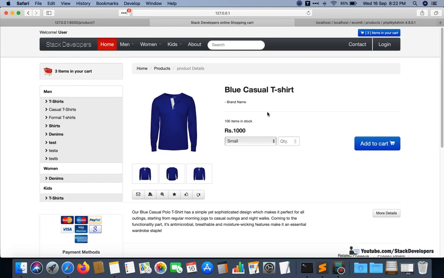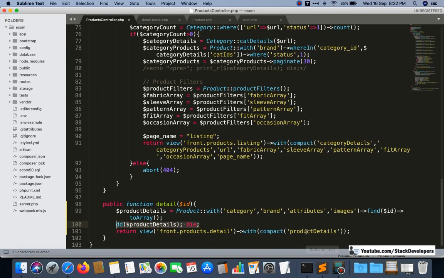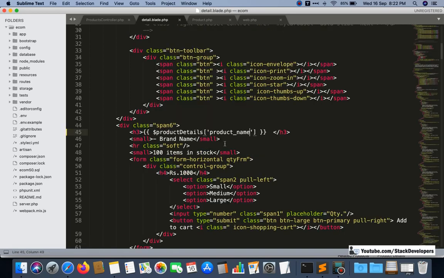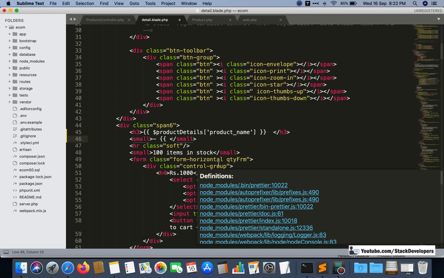So now we will show the brand name, and for showing the brand name we will get it from the brand array that we have just got. So here I will write the brand name.